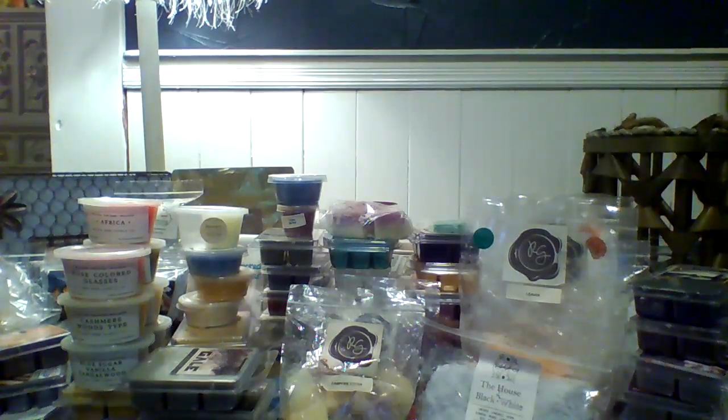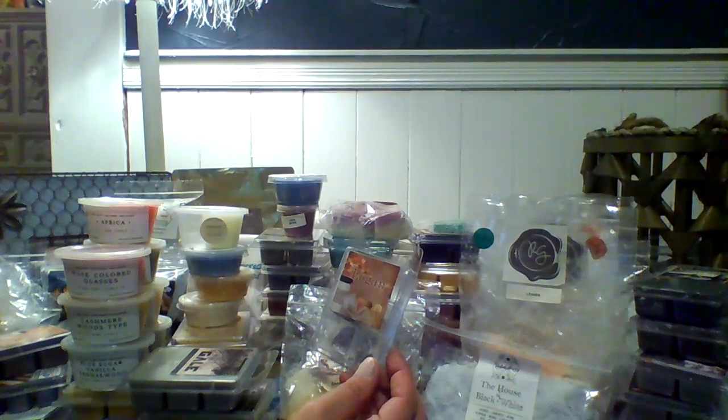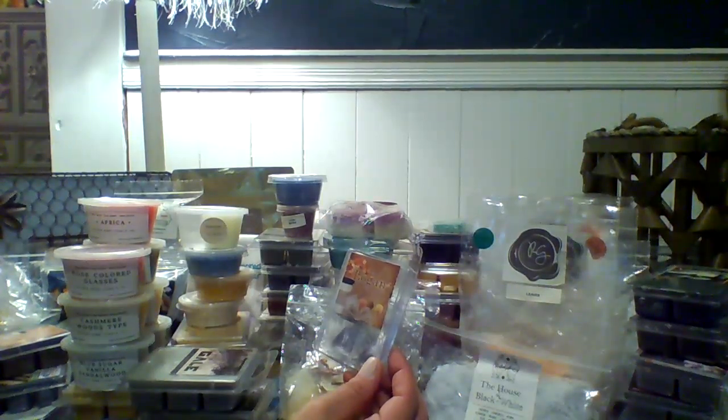I ordered this in December of 2017. It's black tie, amber romance, clove, and driftwood. This one too, when I first purchased it and melted it, all I could smell was clove. It was 110% hot mess clove. Now that it's kind of chilled out, I'm getting more of that